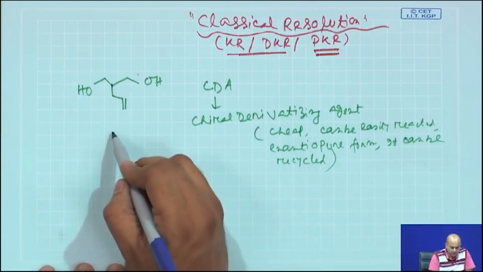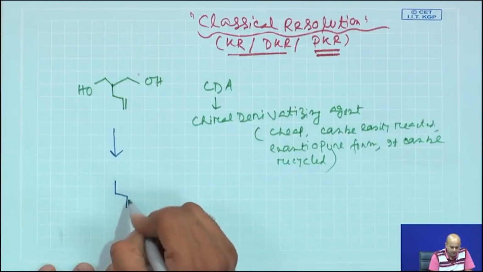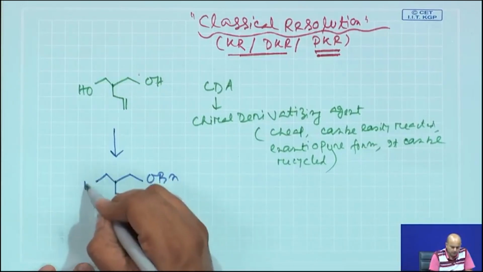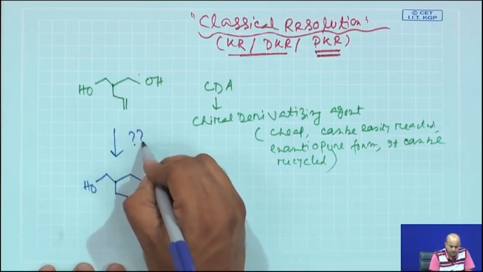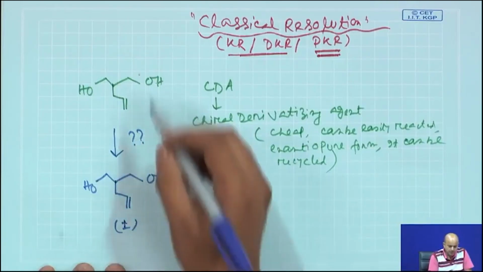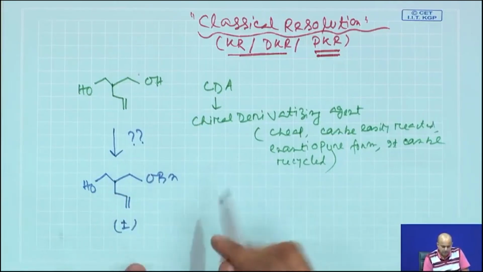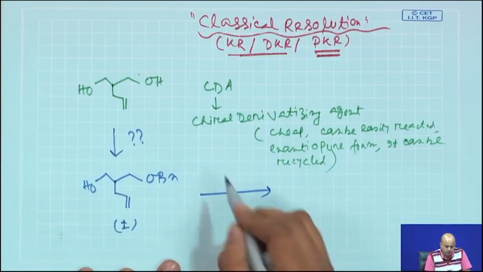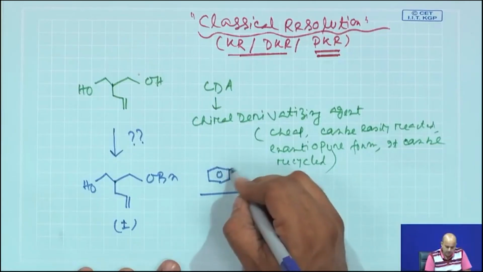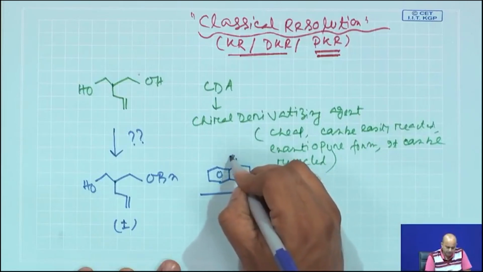Now, I will give you a particular prochiral compound, and we initially convert this compound to a racemic mixture. This reaction we have discussed in detail in the earlier lecture, so please go through it. This compound is initially prochiral, you do a desymmetrization to get a racemic mixture, that is fine. Now I will be reacting this compound with a chiral derivatizing agent. The chiral derivatizing agent that was commercially available is this